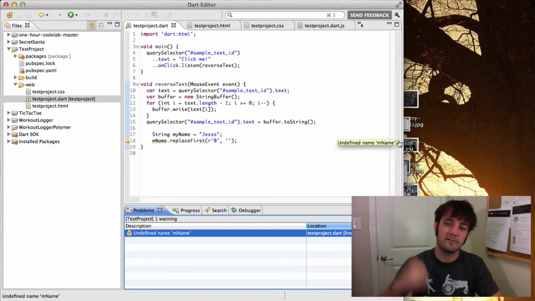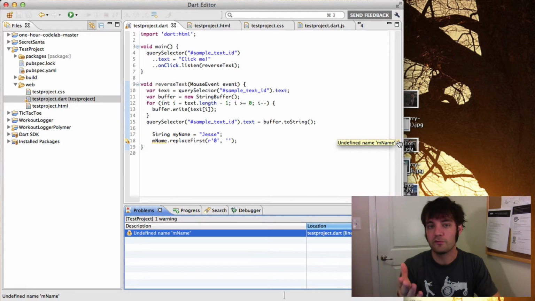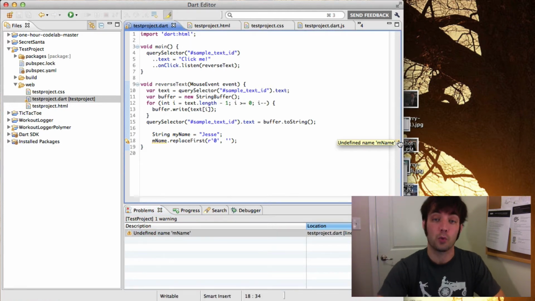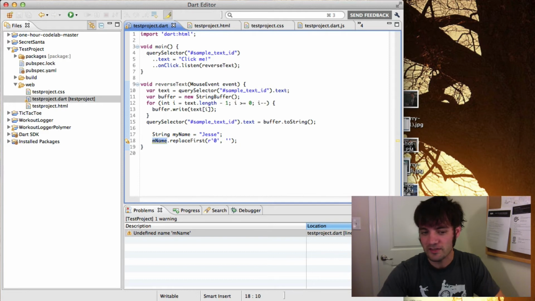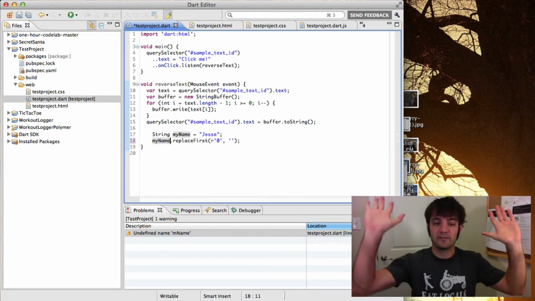So every file will have yellows and reds, and sometimes white and blues on the right, blues for to-dos. That'll tell you where the error or warning is. You can click it, it'll jump to that place in the file. Often on the left, it'll have an idea of what to do, if it has any, sometimes. Other times it doesn't. When I change it back to my name, I don't even have to save the file,